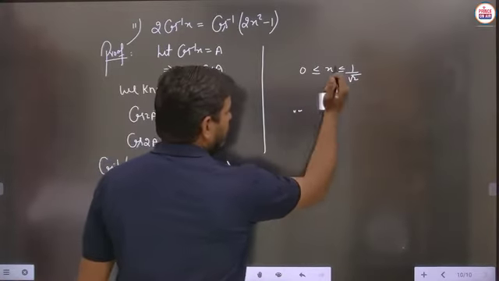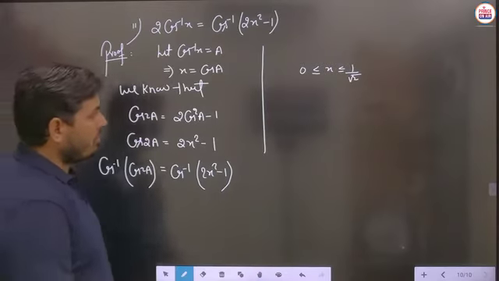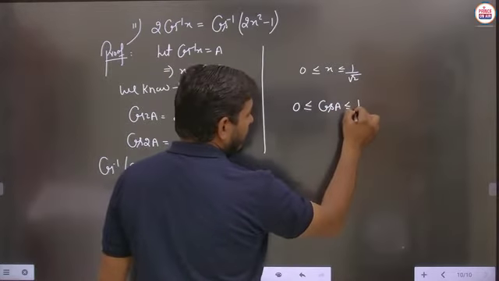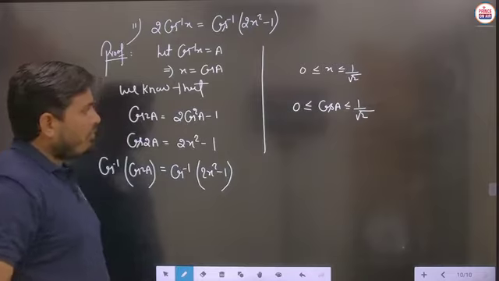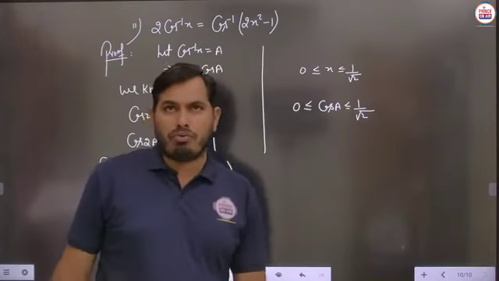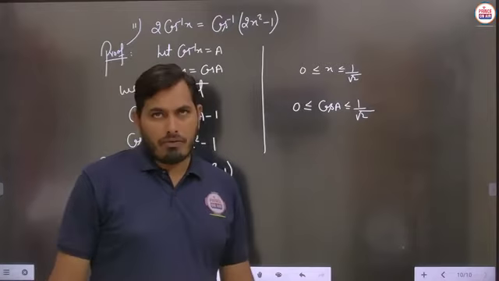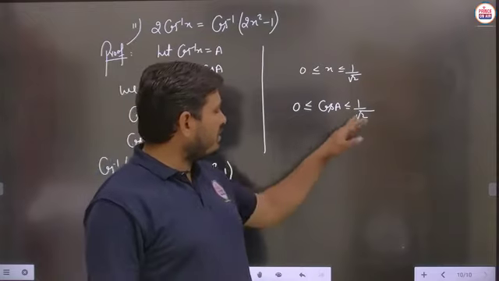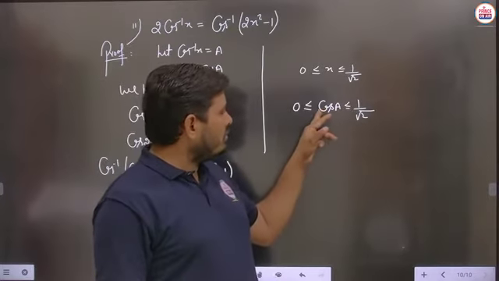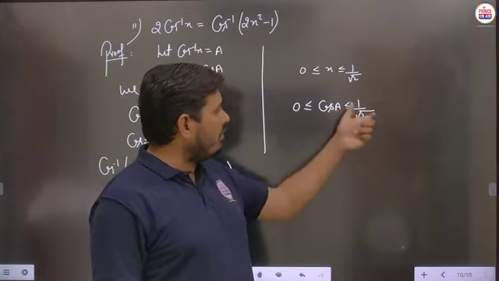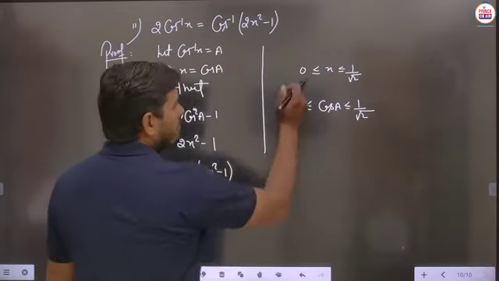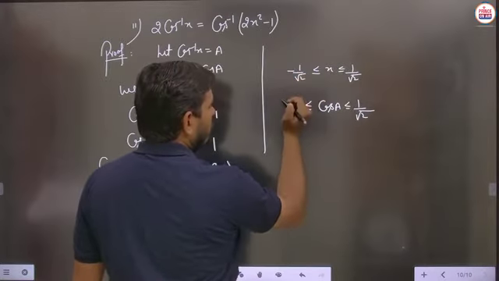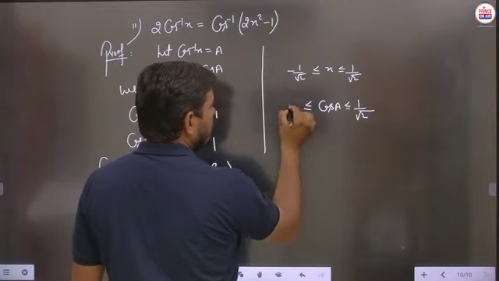So cos A will lie from cos of 1 by root 2, because whenever we take the decreasing function here, x is cos A, so we will write here cos A, and here 1 by root 2. Now the value of cos A will be from 0 to 1 by root 2, then what should be the principal value? So definitely angle A should lie in the first quadrant, you know very well, because this value will lie from 0 to 1 by root 2, and suppose we take another value, minus 1 by root 2.